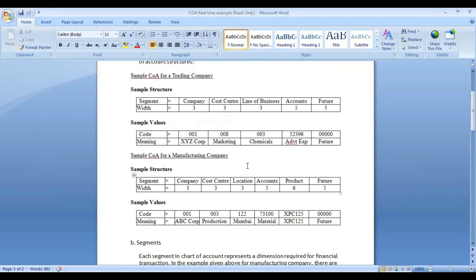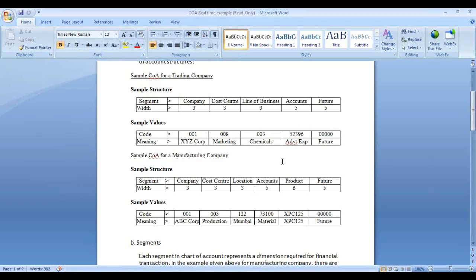It depends on what all information a business wants to capture. Accordingly, we can design segments. Oracle permits up to 30 segments, but in real time barely 9. 9 is the max that a company can use. What all does a company need to record about the transaction, right? Which company did the transaction, from which department the transaction was done, which account was affected, which product was impacted, which location did the transaction happen,